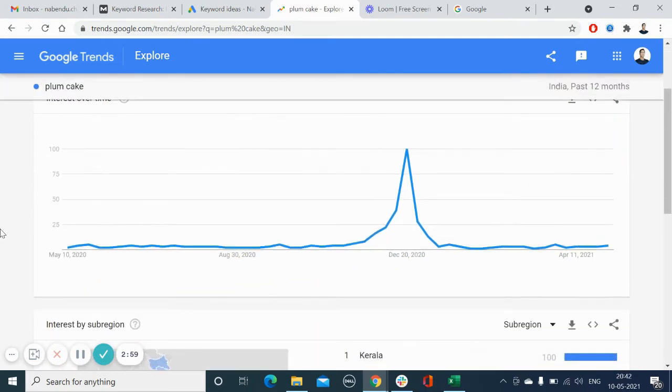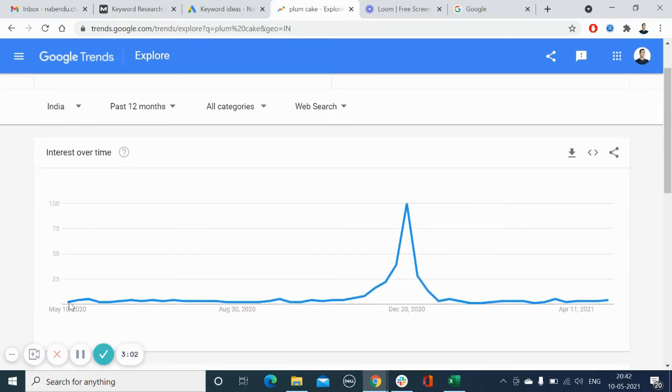We can see here that between May 2020 and April 2021, which is one year, the search for plum cake is very high during December.